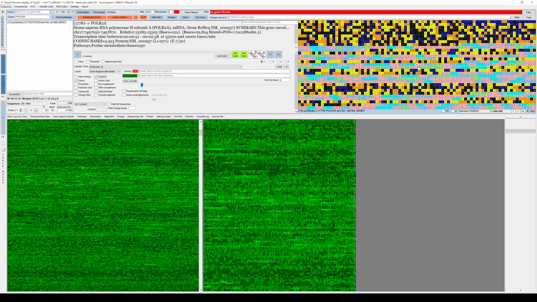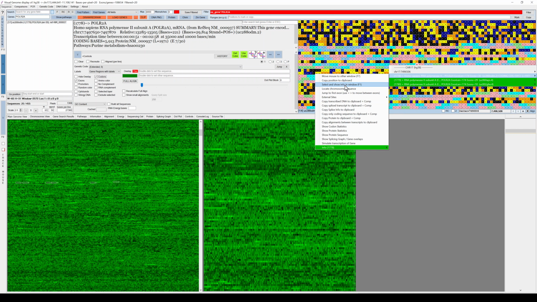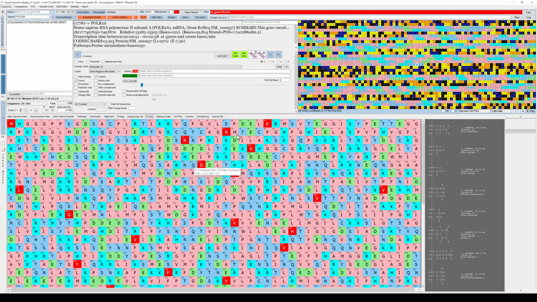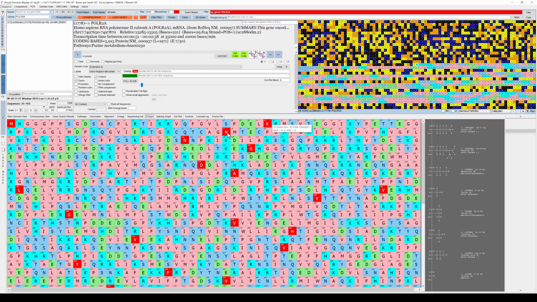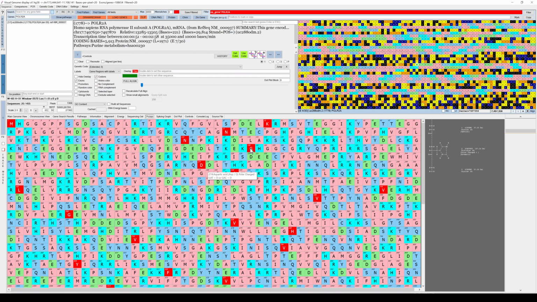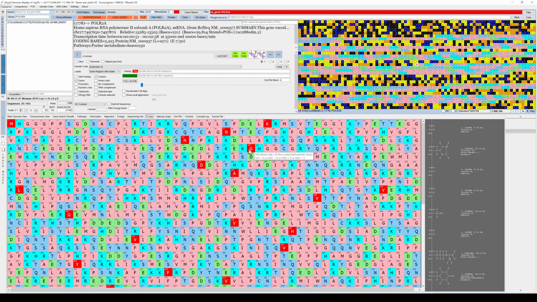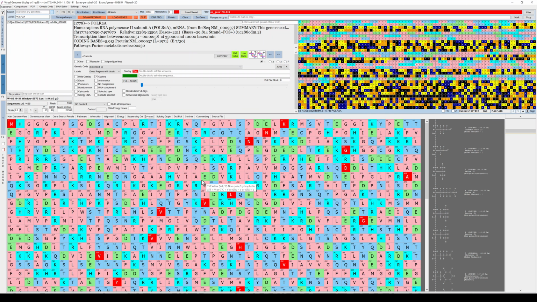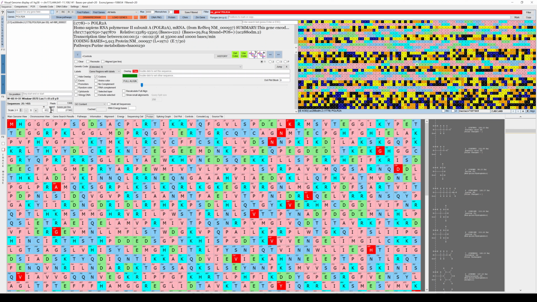Well, the first thing we want to do with this gene is to show the protein sequence. We can do that by going to show protein sequence, and that shows the protein sequence with the different amino acids that sit at the start of each exon in red. That could also be switched off if you prefer in the settings. And then if you use the square brackets, you could change the width. You can see here the width is changing in the width protein box.